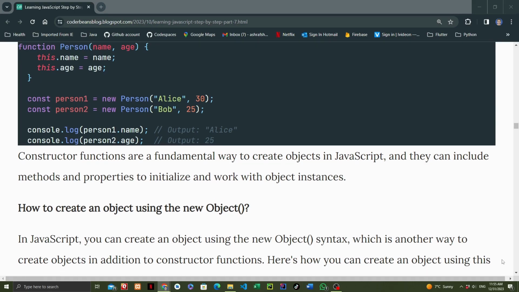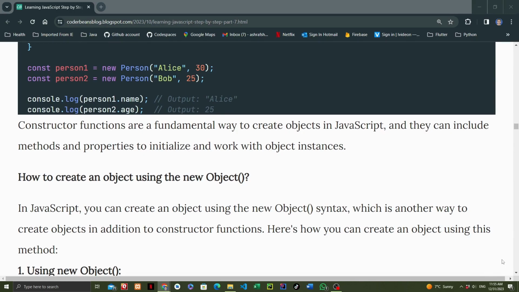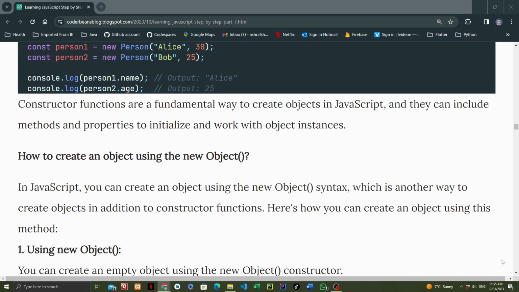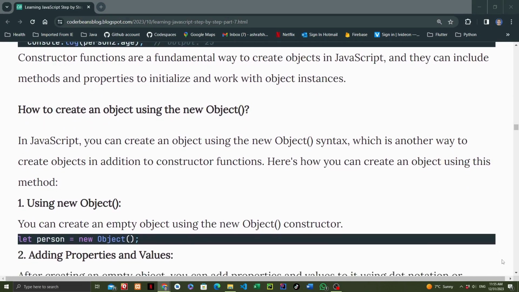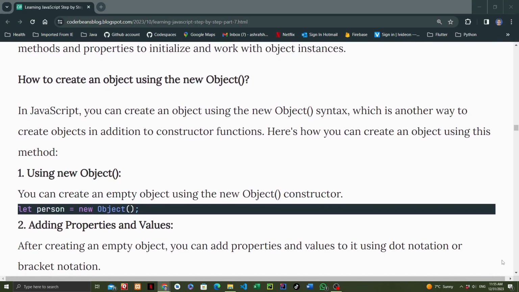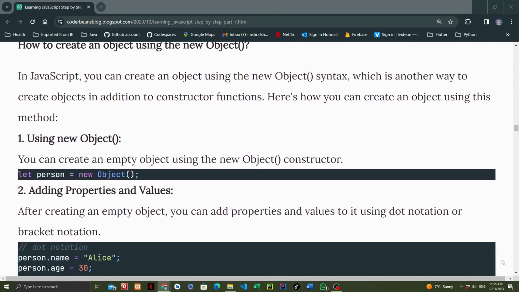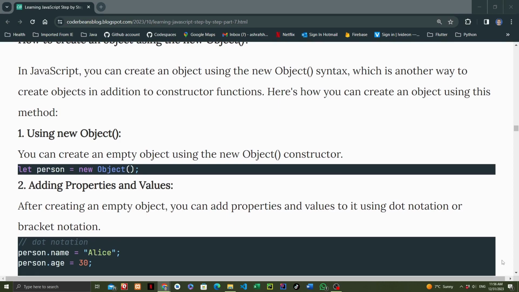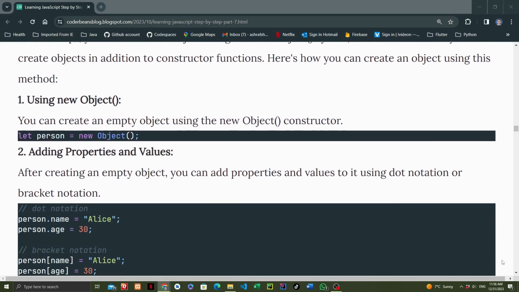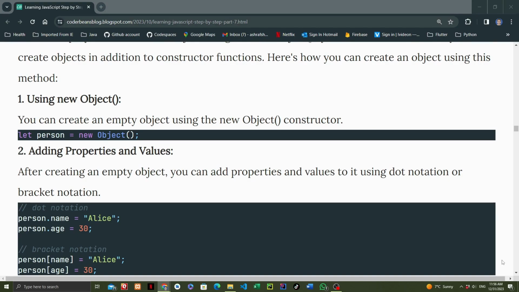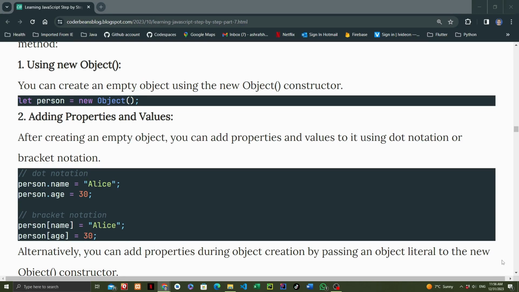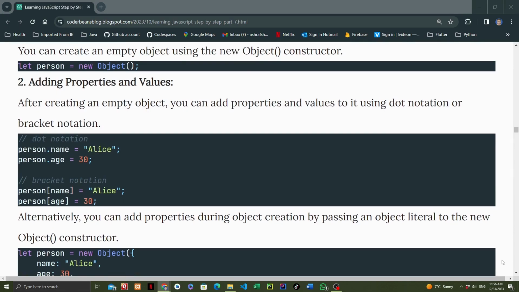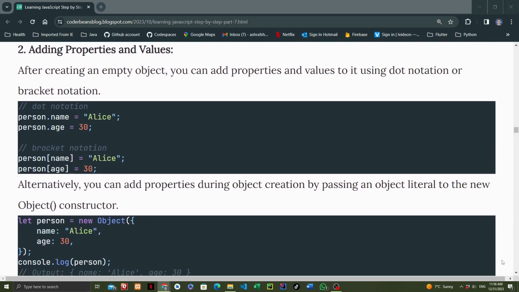In JavaScript, you can create an object using the new Object syntax, which is another way to create objects in addition to constructor functions. Here's how you can create an object using this method. Using new Object, you can create an empty object using the new Object constructor: let person = new Object(); Adding properties and values. After creating an empty object, you can add properties and values to it using dot notation or bracket notation. // dot notation: person.name = 'Alice'; person.age = 30; // bracket notation: person['name'] = 'Alice'; person['age'] = 30;